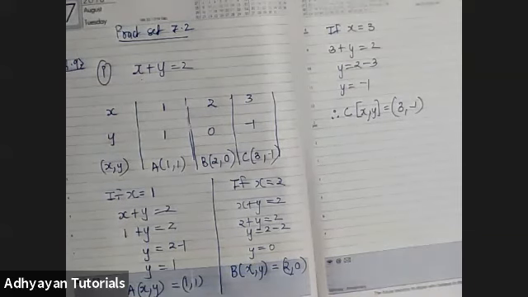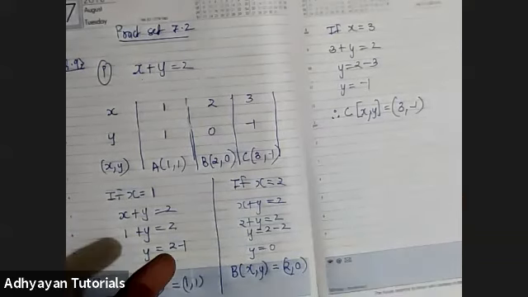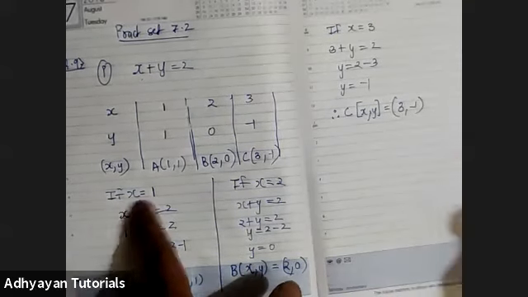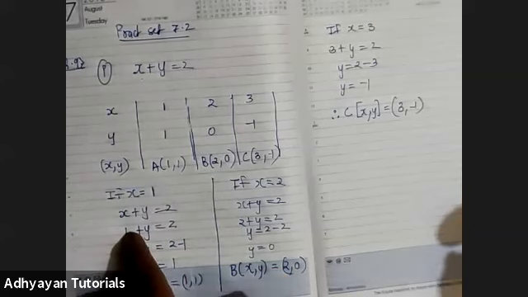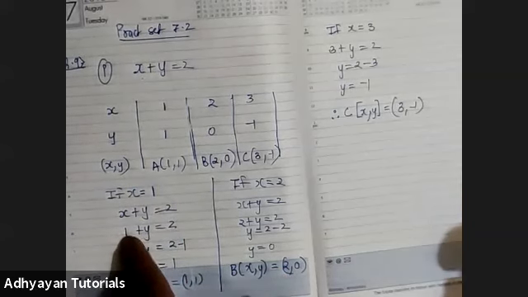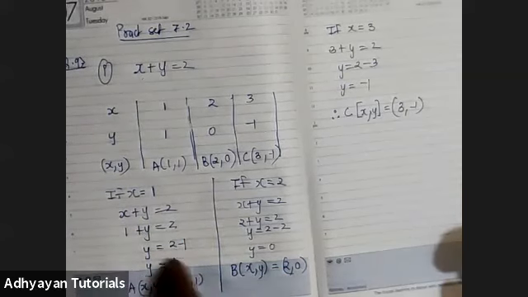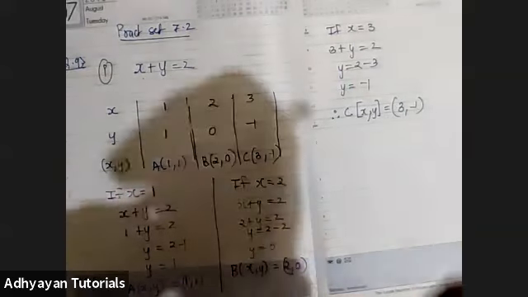Sir, can you please repeat? I was disconnected. Aishwarya, it is very simple. I've just considered a few values of x. As you can see, if x is 1, in this equation I've substituted x as 1. 1 plus y is 2, so the value of y is 1. Hence 1 comma 1. Likewise, this is the second value and this is the third value. And I just asked you to copy this.